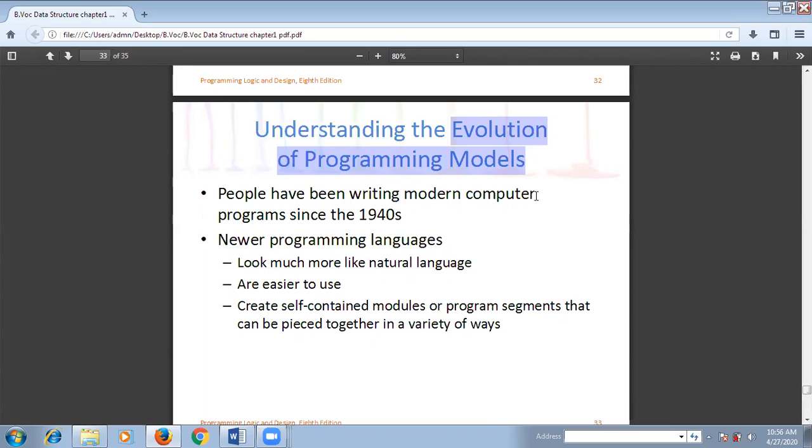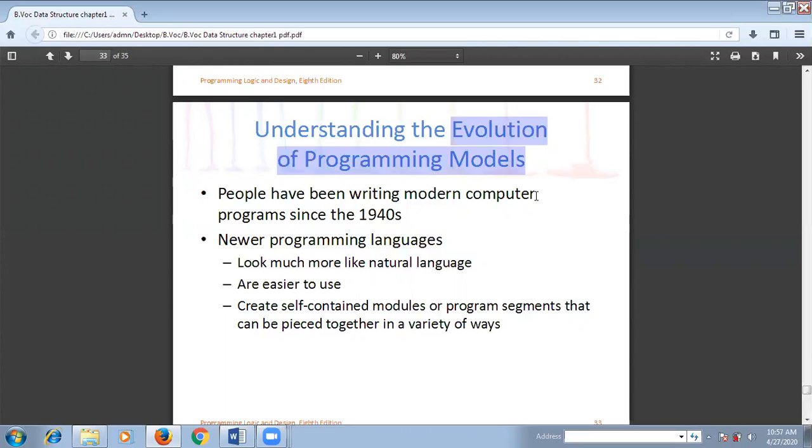But as the evolution takes place, in today's era modern programming languages are more like natural languages. That means modern programming languages are easy to understand and easy to use. The older programming languages are Fortran, COBOL, Pascal. Then some evolution happened. Then there is procedure oriented programming like the C language. Then again some evolution happened. Then there is the era of object oriented programming languages like C++, Java.